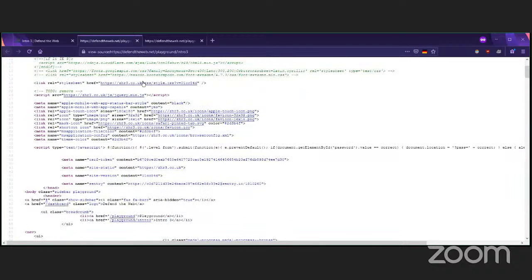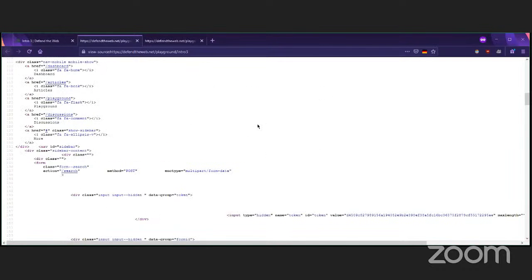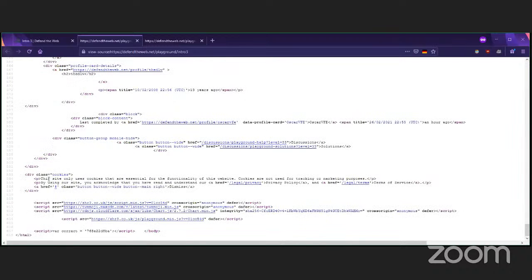So of course, nothing is here. I don't see anything that stands out too dramatically. But yeah, scrolling, we see another script tag here. We see another script tag, and it says var correct. I mean, if that doesn't give you the answer, then hey, I don't know what will. But if you haven't gotten it, this is definitely the answer.